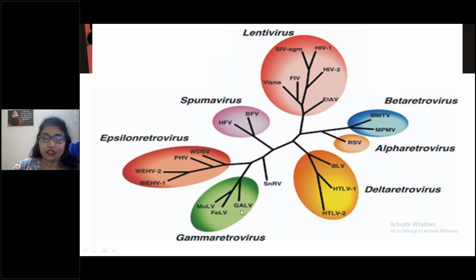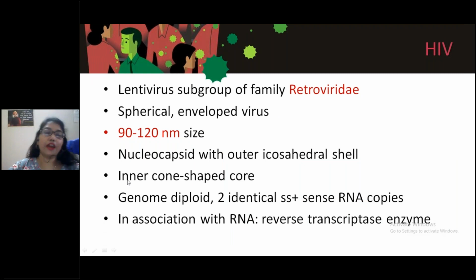Here you can see these are the different groups of lentiviruses and other viruses also. So different types of retroviruses. Lentivirus is a subgroup of the family Retroviridae, and these are spherical enveloped viruses, about 90 to 120